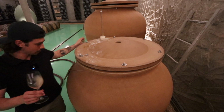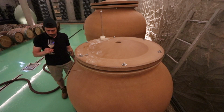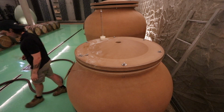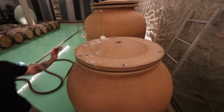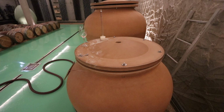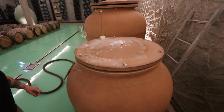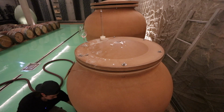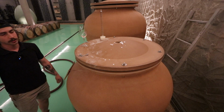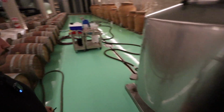So it means I can try it before it goes in. And the wine is tasting, smelling delicious. Tasting delicious as well. So we'll quickly gas this amphora. And meanwhile, I also gas the tank again. A little bit of dry ice just to protect the wine as it is transferred. And there you go. We definitely wouldn't move the tanks around if it wasn't necessary, but for small volumes, high quality wines, we just prefer to be